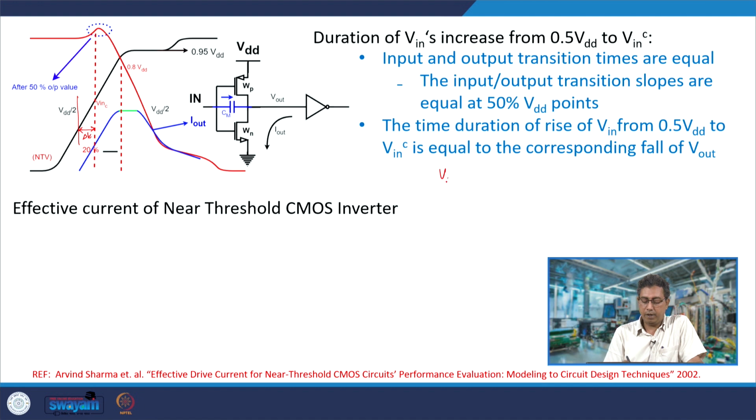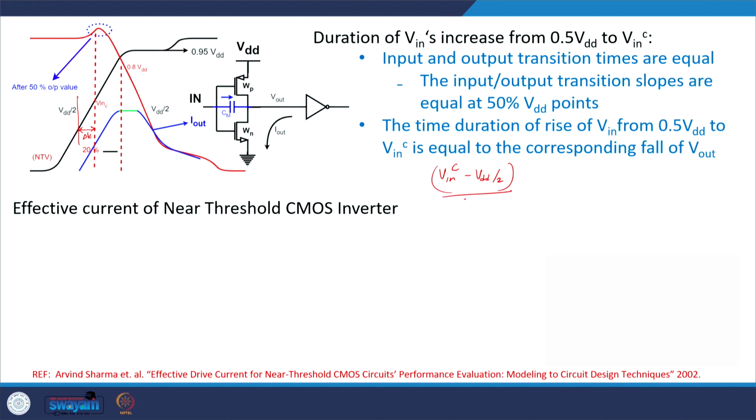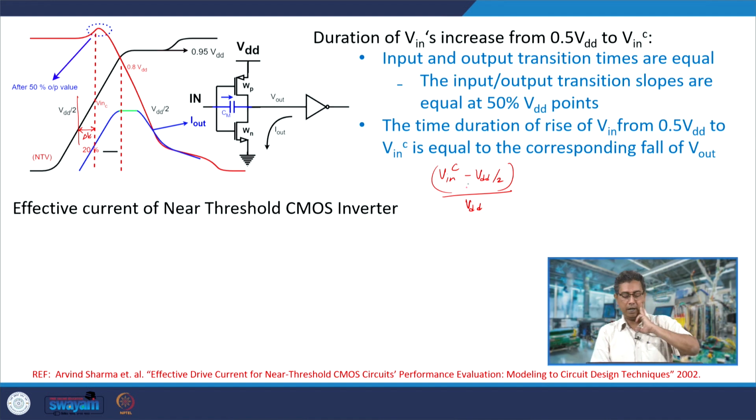So, what is the fraction? V in C minus VDD by 2, divided by VDD. This is the fraction of change in input voltage, out of the total transition. The total transition is VDD for the input voltage, and this is the fraction. If V in C is 0.75 VDD, this is nearly 0.25 VDD. So, for the output discharge of 1/4 of the output transition, what is the time taken near the 50% point? We would say that delta T is equal to